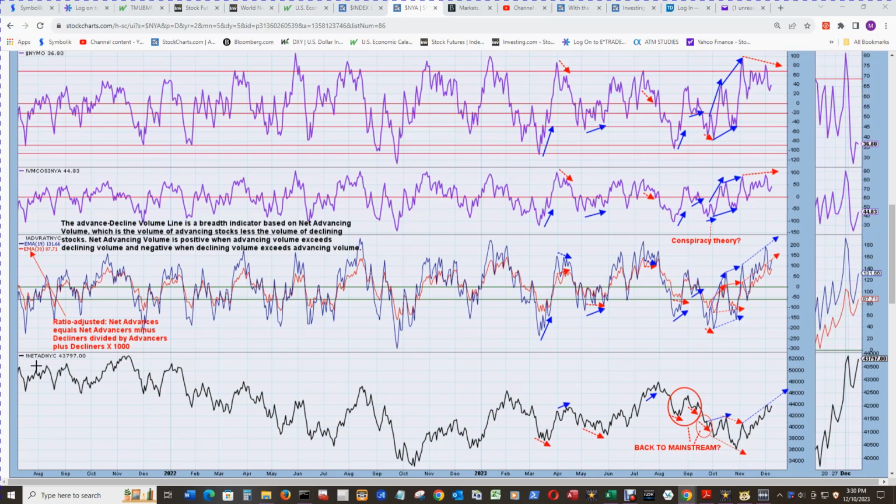In the bottom window is the stocks only AD line for the New York, and right above that is the advanced decline volume for the New York, and right above that is the ratio adjusted McClellan volume oscillator. You can read about ratio adjusted here, and in the top is the ratio adjusted McClellan breadth oscillator, and you can see that it has a downwards trajectory, so a little bit of a bearish divergence between stocks only AD